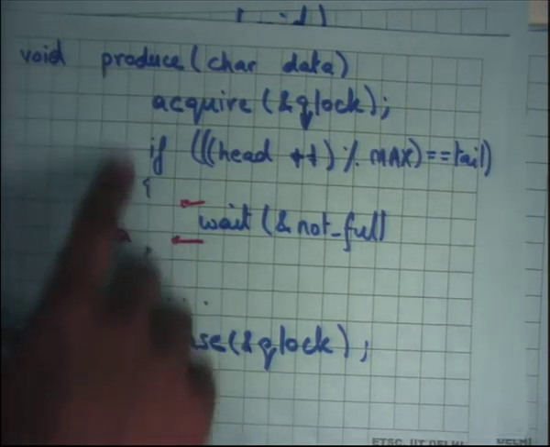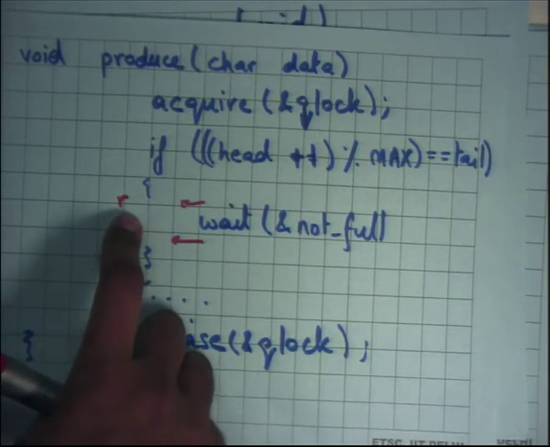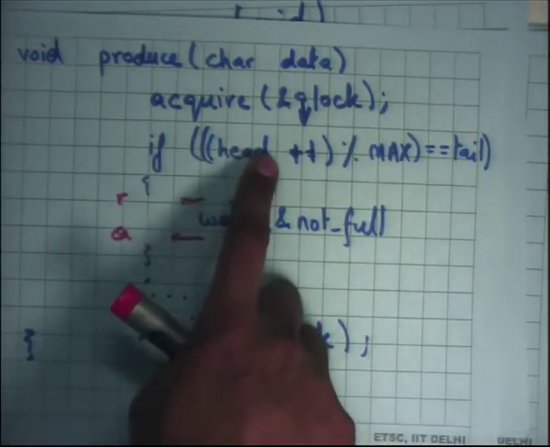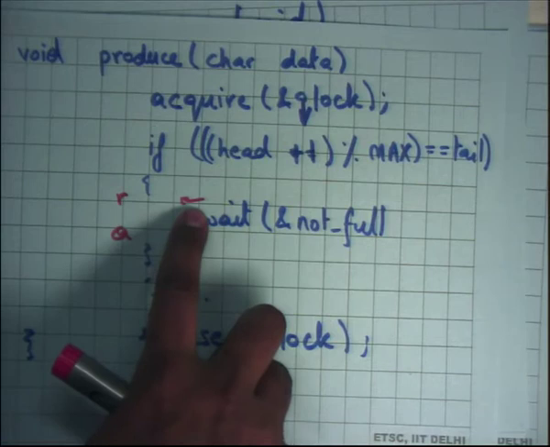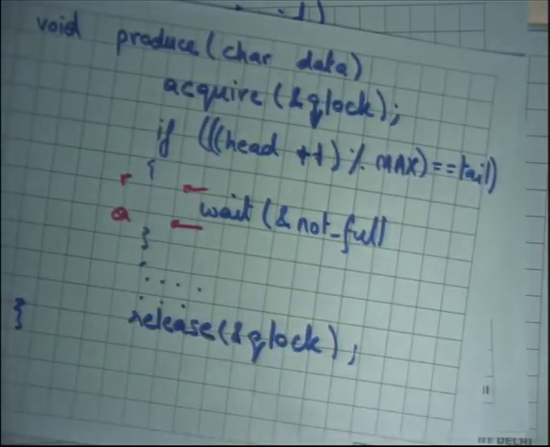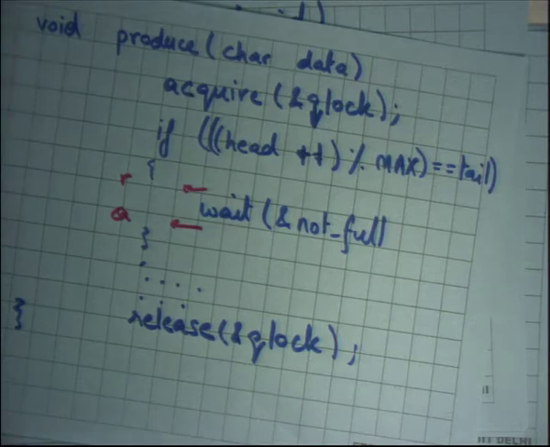Let's say the producer basically comes in, finds the queue to be full. He checks this condition, finds the queue to be full. He releases the lock and he's just about to go to wait. Before he goes to wait, consumer comes in, consumes the element, signals not full, but that signal will be wasted. Right? So the consumer has sent its signal, that notify. That notification will get wasted, and then the producer will go to sleep.